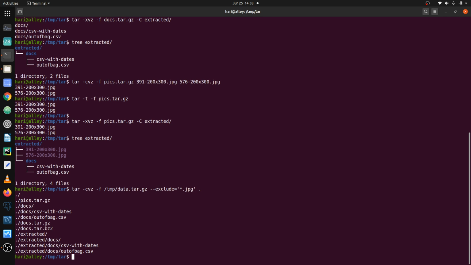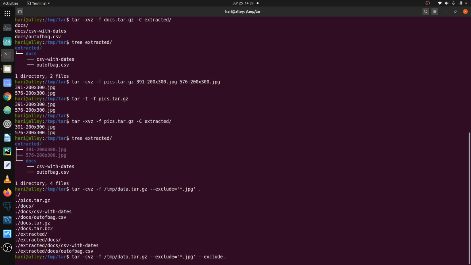So let's run that. Notice that the list of files that have been processed by the tar command in this case does not include the .jpg files.